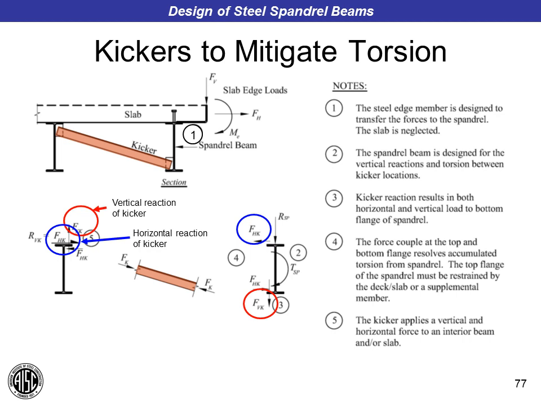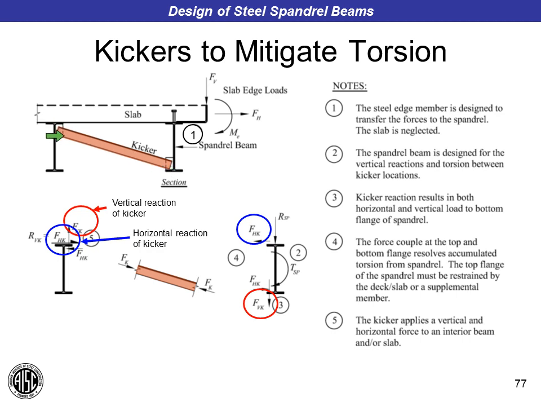So when we have kickers to mitigate the torsion of the spandrel beam, I think most of us are probably familiar with the kicker concept. We can use a diagonal brace, such as a double angle or maybe even a single angle or a channel, to act as a compression strut to resolve that torsion. So we break the torsion on the spandrel beam down into a couple with a tension force here at the top and a compression force down here at the bottom,